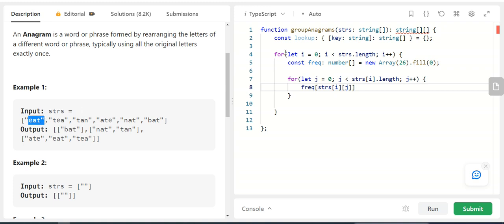So what we are doing is a for loop on the strs array. Then we come here, we get the first value, eat. So for it, we are creating a frequency array and initializing all the values to 0. Then we'll have to run a loop on this string, one character at a time. So we run a for loop on this over here, and then we store in our frequency array strings of it, e is going to be at position dot to char code